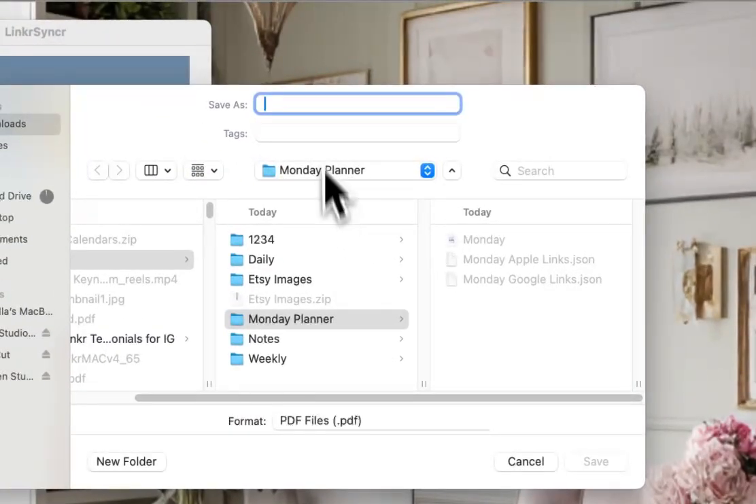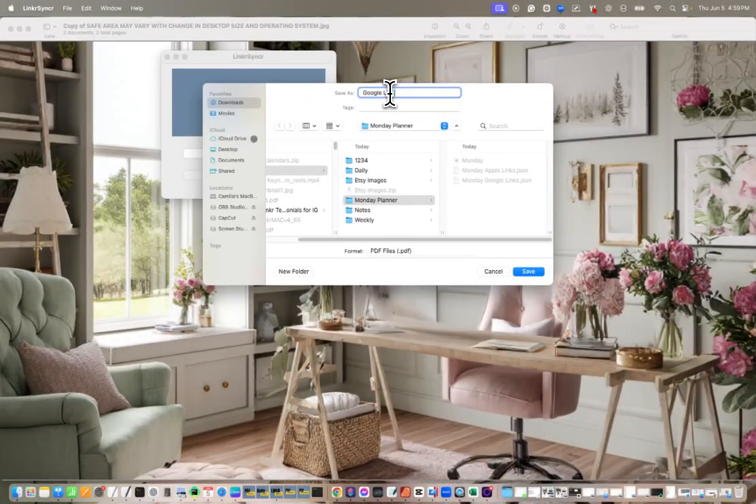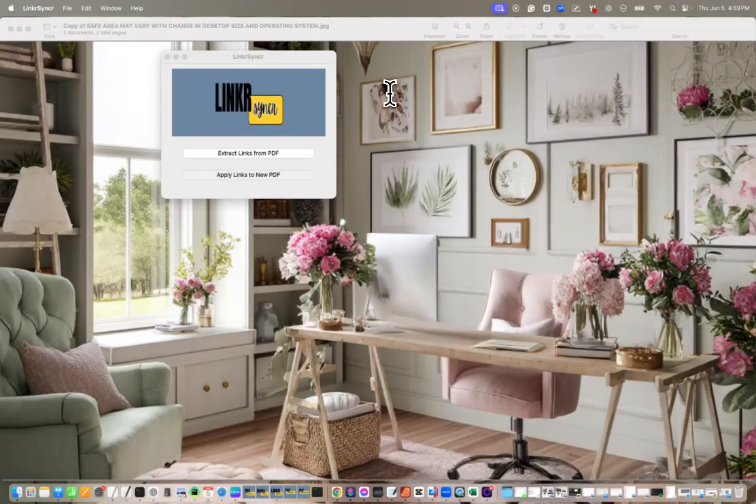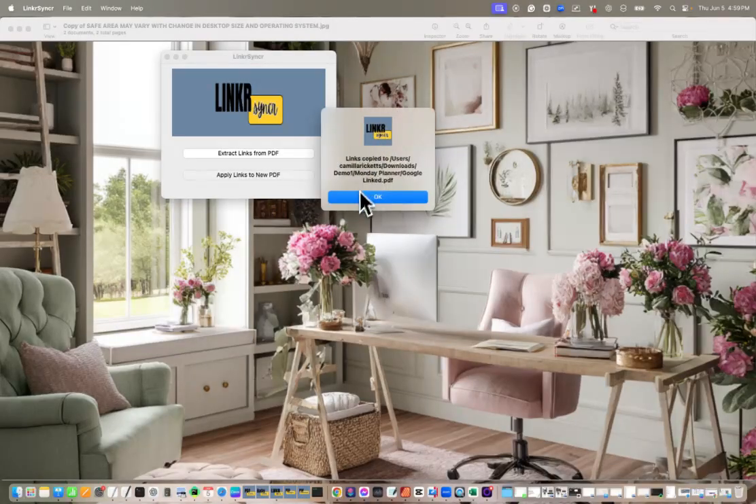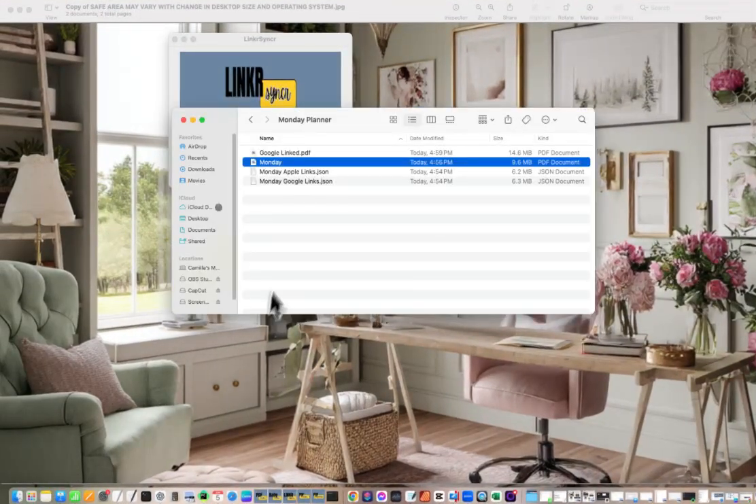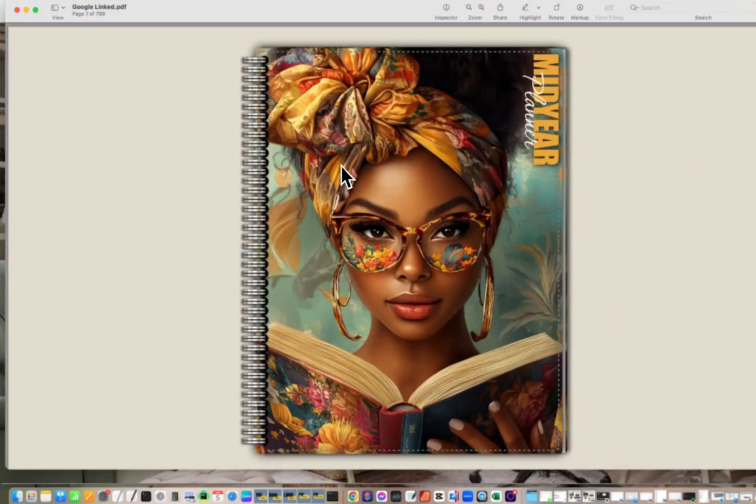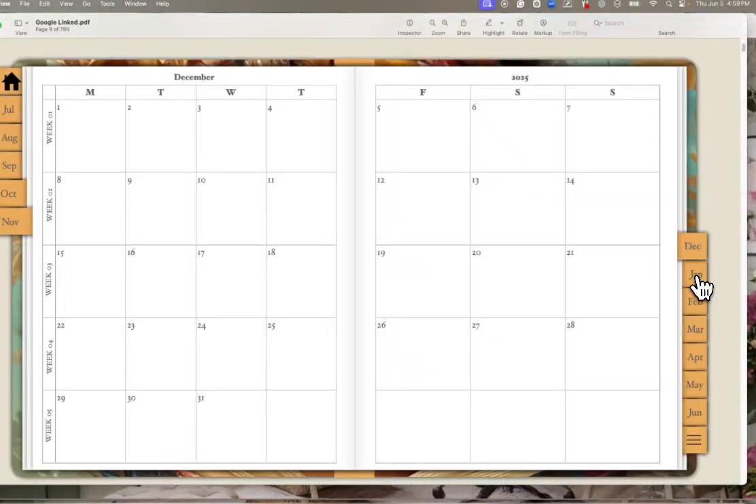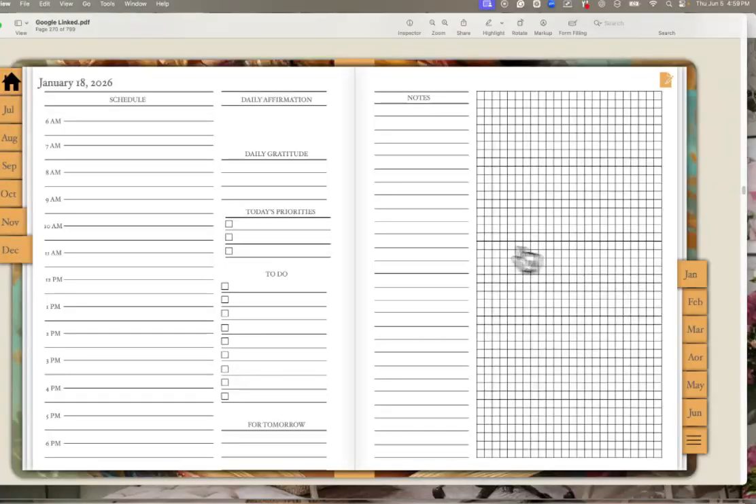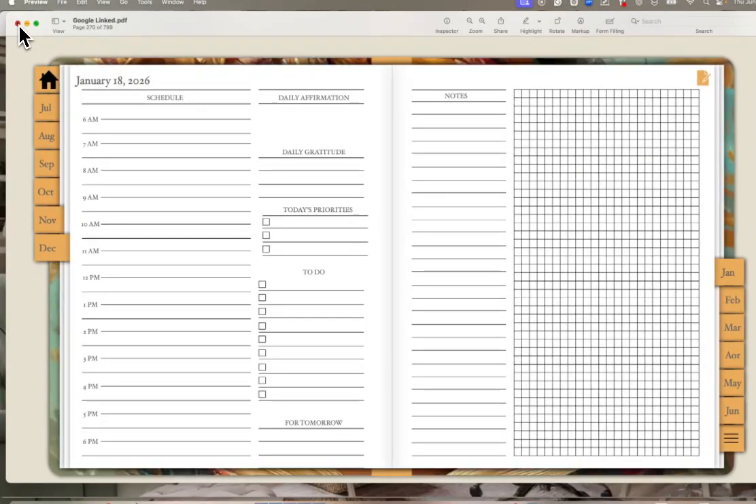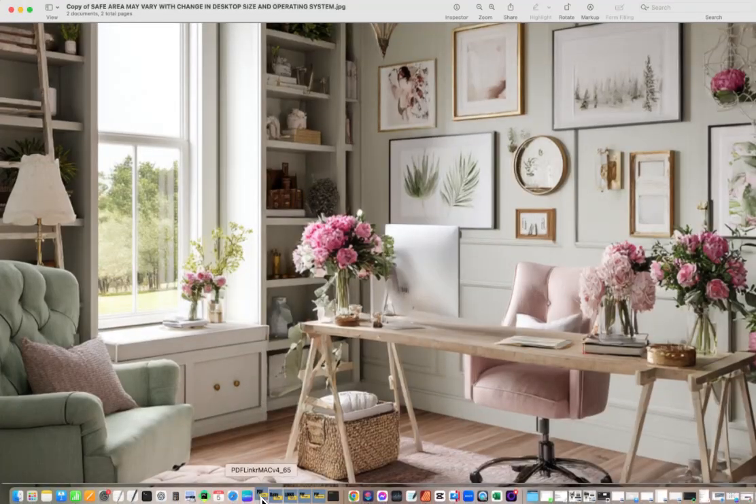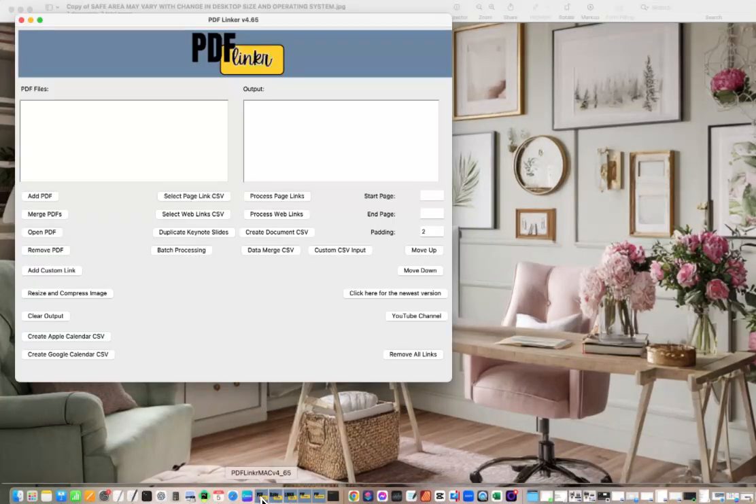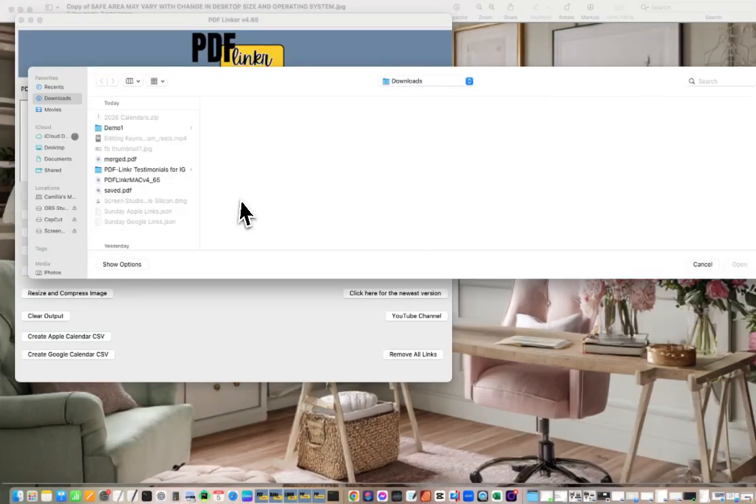And now it says, what do you want to name it? I'm going to name it Google Linked. And it's done. So now I have a Google Linked PDF that has all of my links in it in one click. So all I have to do now is use PDF-Linkr